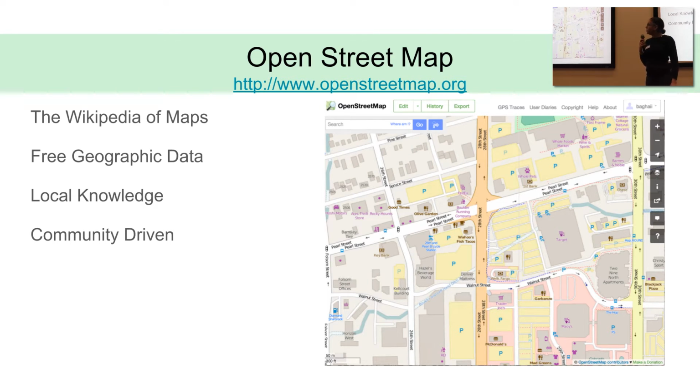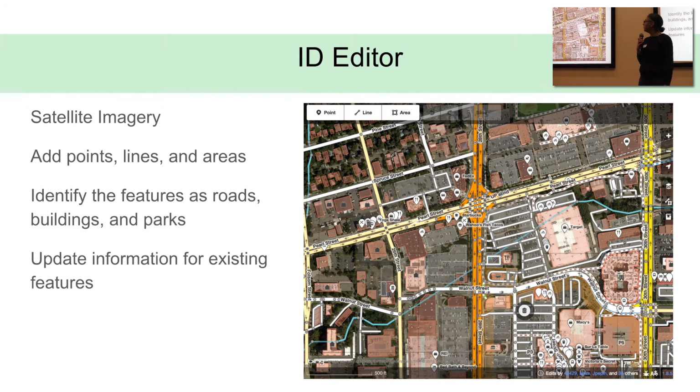So OpenStreetMap has free geographic data made of local knowledge, and it's community driven. But when women don't participate in projects like this, the data gets distorted. I went to see if people have mentioned women working in OpenStreetMap, and somebody 2 years ago said that there are more strip clubs in OpenStreetMap than there are daycare centers. I hope it's not still true. I like to put parks in.